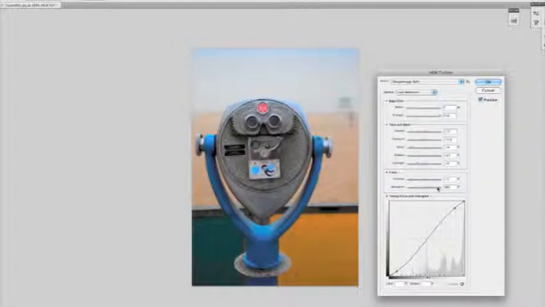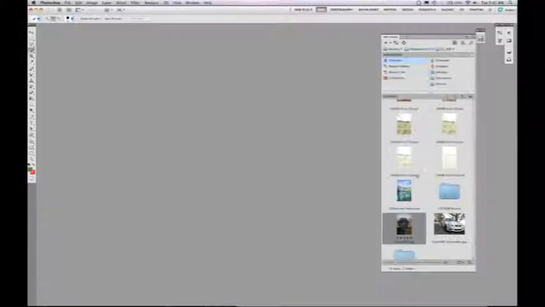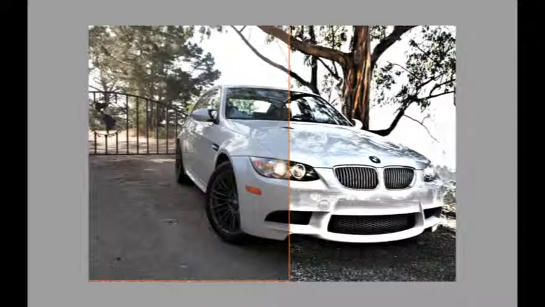Just to show you a little bit of what we can do, we can reduce the vibrance, increase the saturation, or vice versa, and end up with an aesthetic that we couldn't have before. It's a tremendous amount of control here, whether it's for your multiple or individual images. I'll show you one last example, before and after. On the left here, you see the image as I captured it. On the right, as we pushed it through HDR toning, dramatically overexposing it and coming up with an entirely new look to our image. So whether it's multiple images for a professional or a single image for someone who didn't think ahead to take HDR photos, we're giving you a lot of new ways to realize this aesthetic in Photoshop CS5.